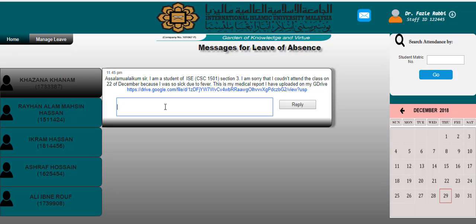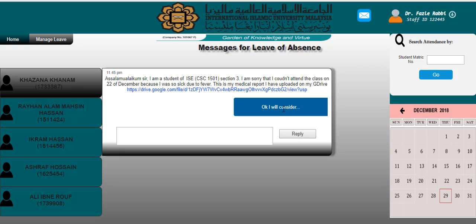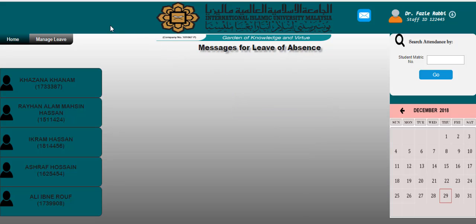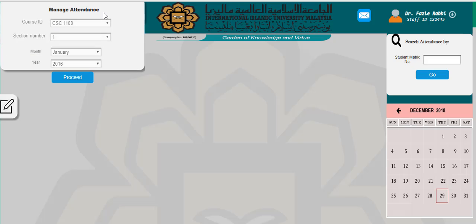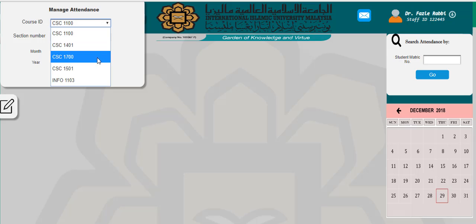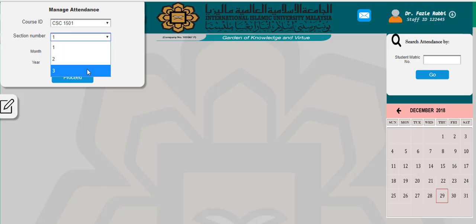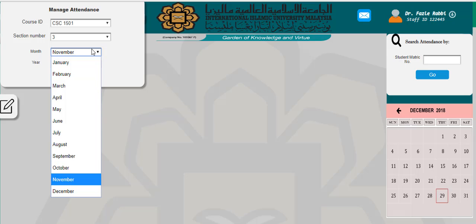This is a strong reason, so it can be considered. So the instructor writes, okay, I will consider it, and gives the reply. The message will go to the student system, and then for giving him leave, the instructor will go back to home, and at manage attendance he will choose the 1501 section 3,